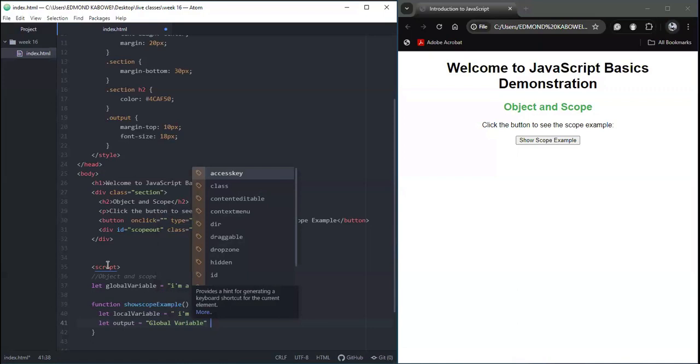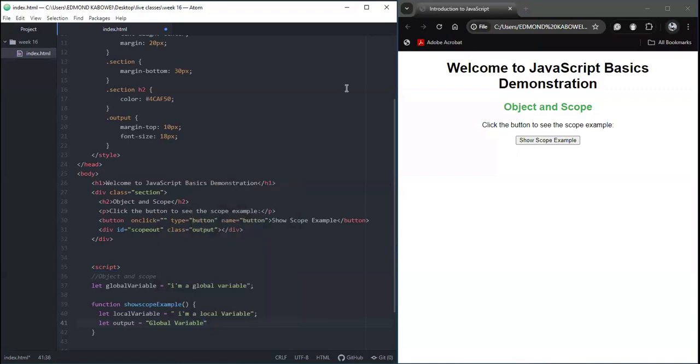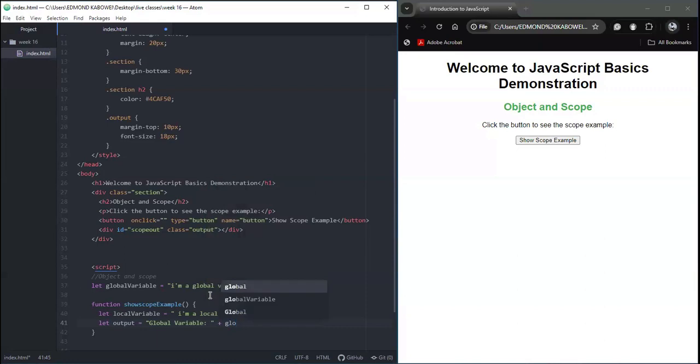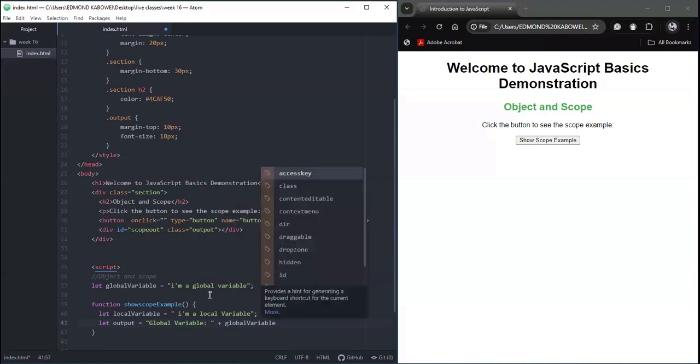So output equals global variable, and I'm going to create a formatted string here: "Global variable" with a space, plus the globalVariable that we've created outside, plus